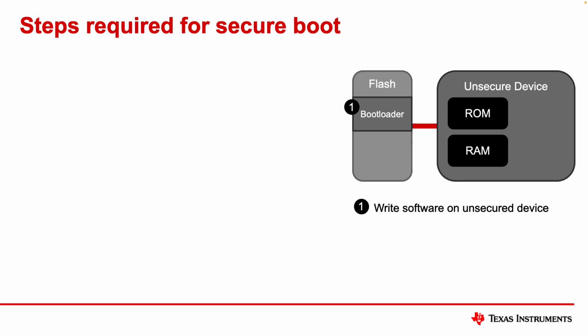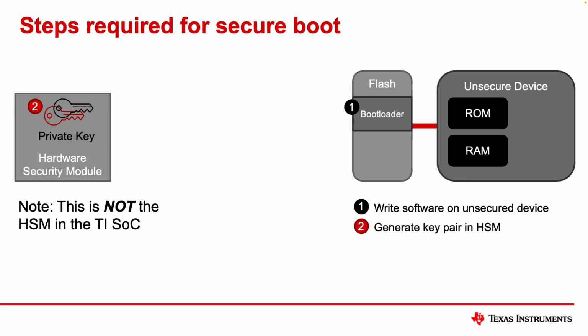Once you have that software written, now you're ready to start securing it. So the next step will be to generate that asymmetric key pair. We're going to use asymmetric encryption to protect this operation, so we need a key pair. And we're going to do that typically inside a hardware security module. This is a hardware device that is very secure. It's usually certified, it's been audited, and it's been known to really protect secret content in the digital world.